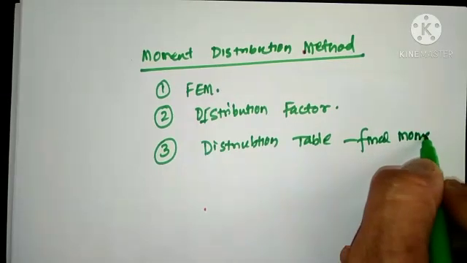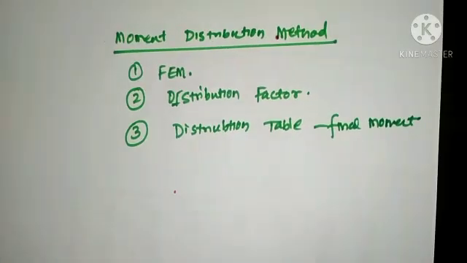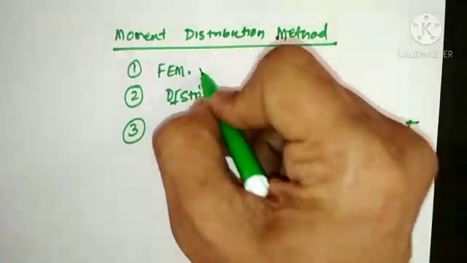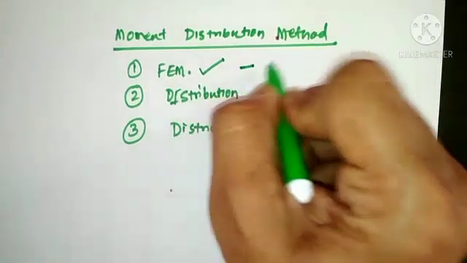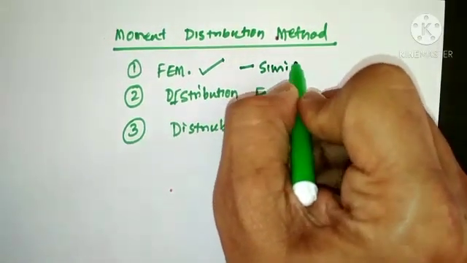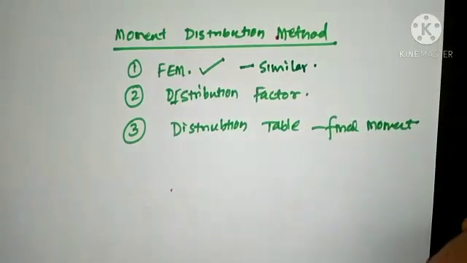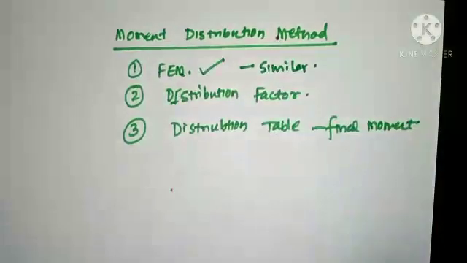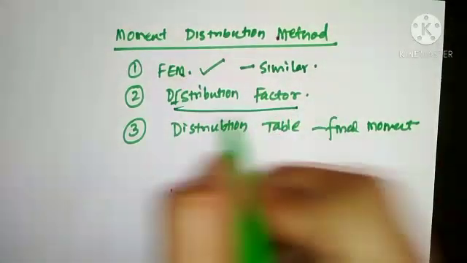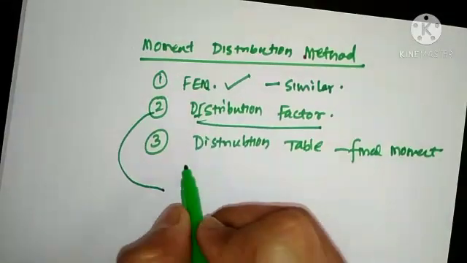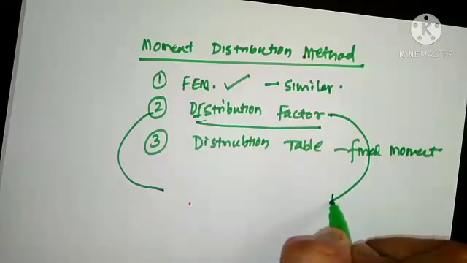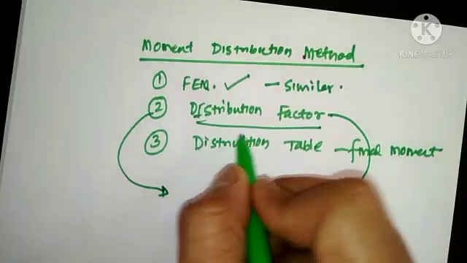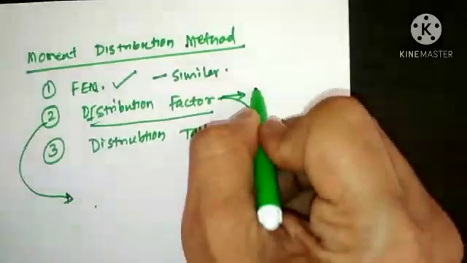While solving by the slope deflection method, we used to calculate the fixed end moment. Similar formulas that we used for slope deflection method shall be adopted here also to find out the fixed end moment. Now the distribution factor will be computed for two cases. Basically, distribution factor is computed for intermediate supports.